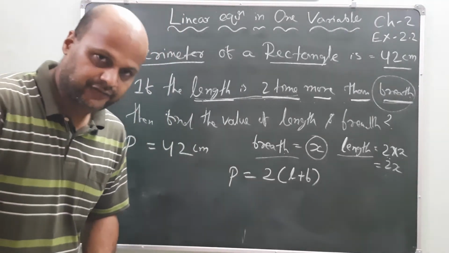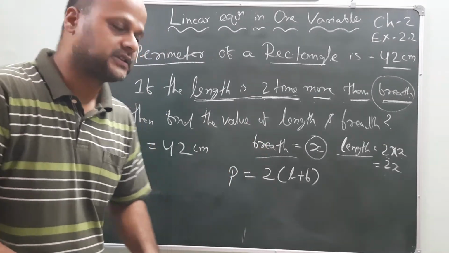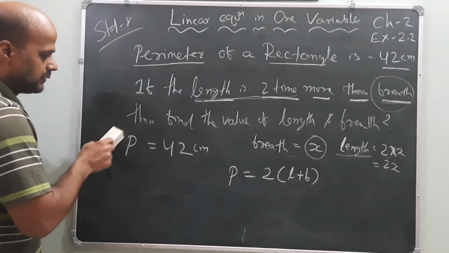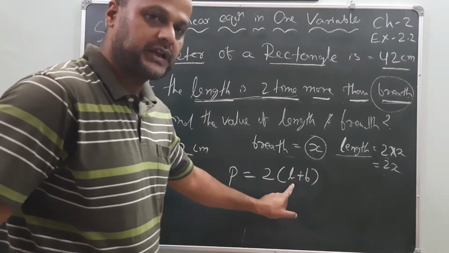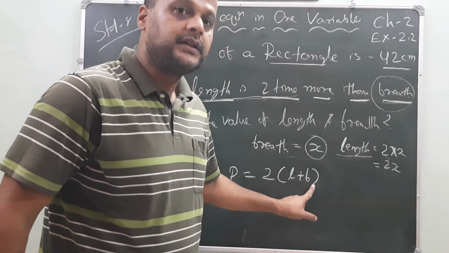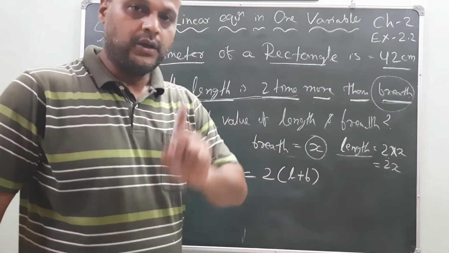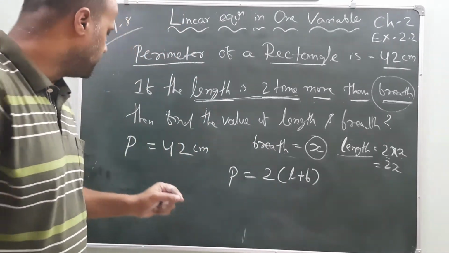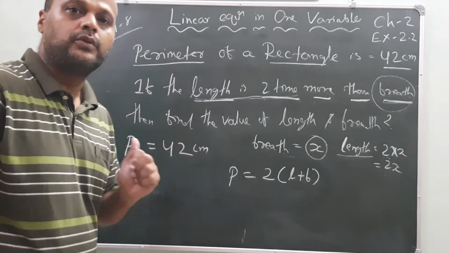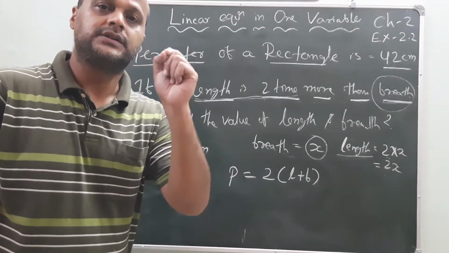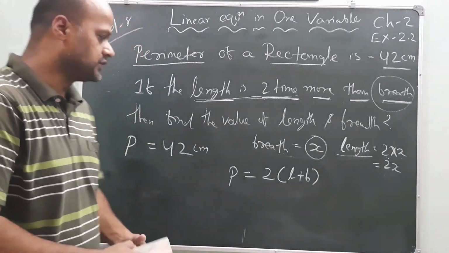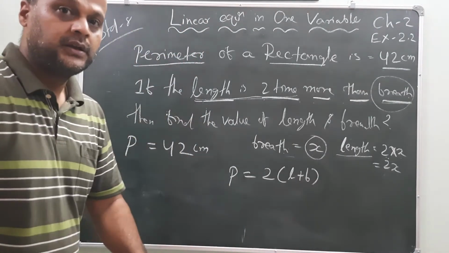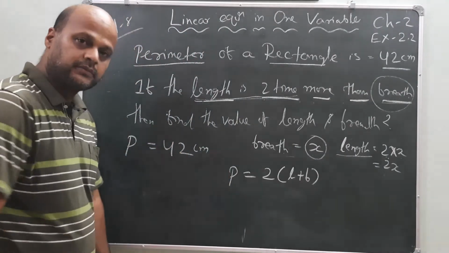Okay. So my dear friends, you have to make a relationship between the formula of actual perimeter and the given perimeter. Why? Because our length and breadth are in the form of variables. That's why when the values are in variable form, in this case you have to write the formula of the particular shape, the rectangle. So that's why I am taking it like this: perimeter is equal to 2 into (length plus breadth). But again, perimeter is given how much? 42 cm. Yes or no?